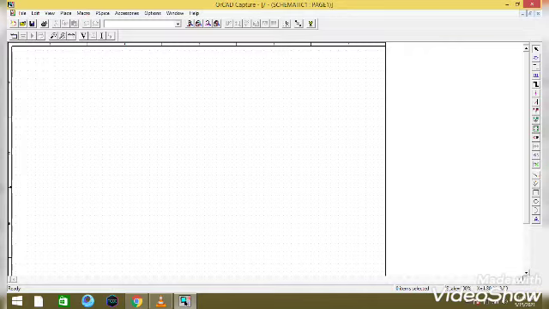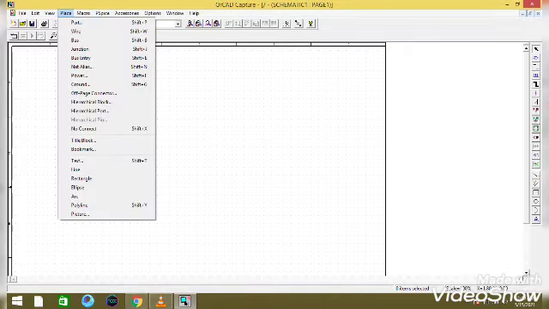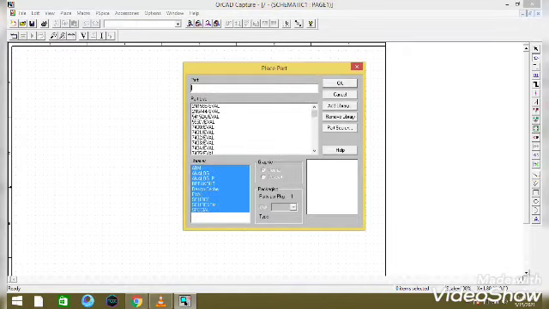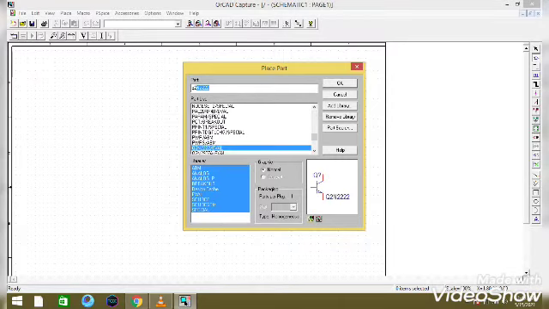In order to place the components, you have to go to place, part, and the components will be available here. What components do we need? We need a transistor. You can type the transistor number, Q2N3904.